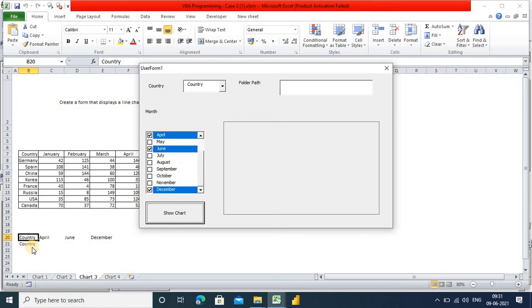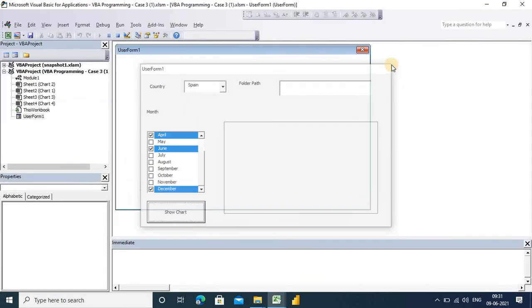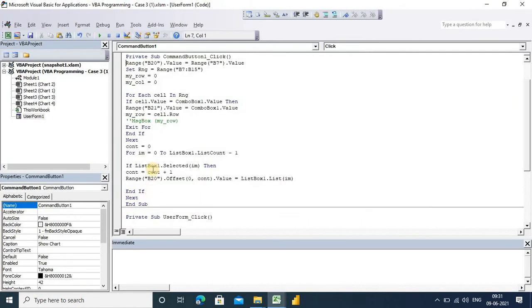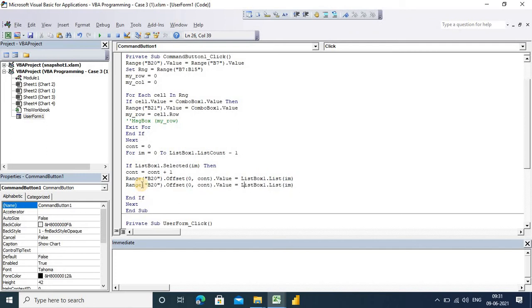So now we'll have to apply the value of span here also. That is the same thing. Click right here, Range B21, and here just write. Now we got the row number right here. So now Cells, my row. Okay, now we need the column number.